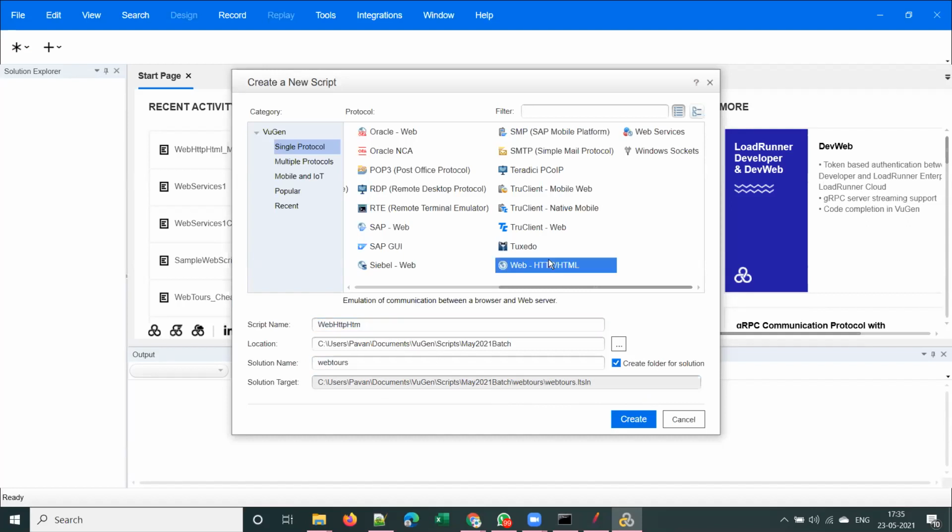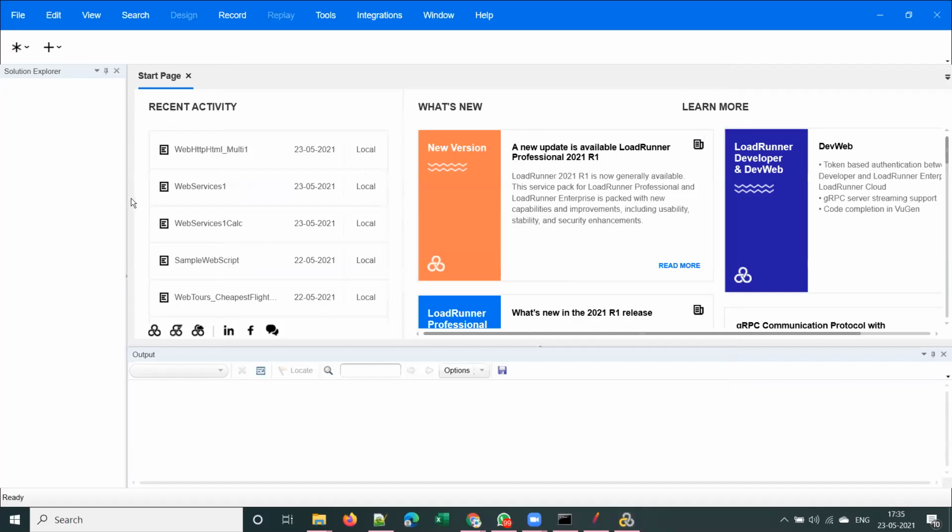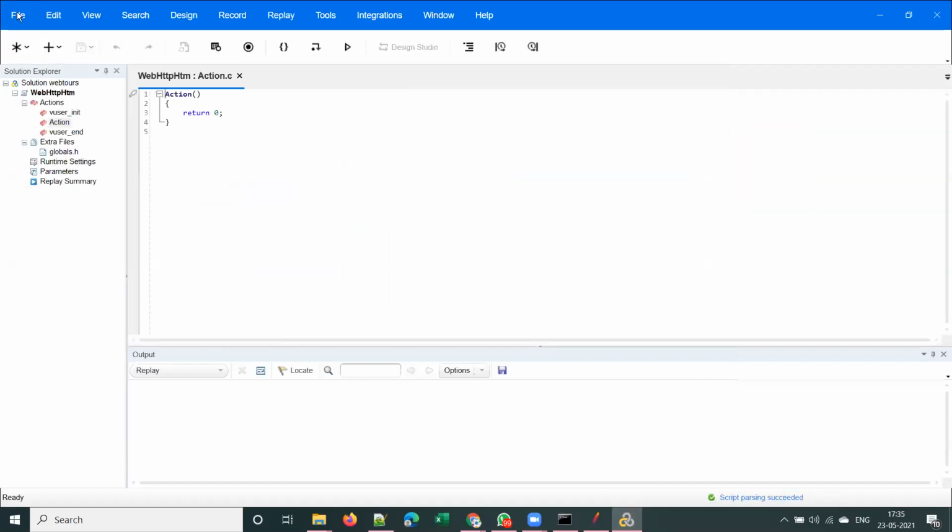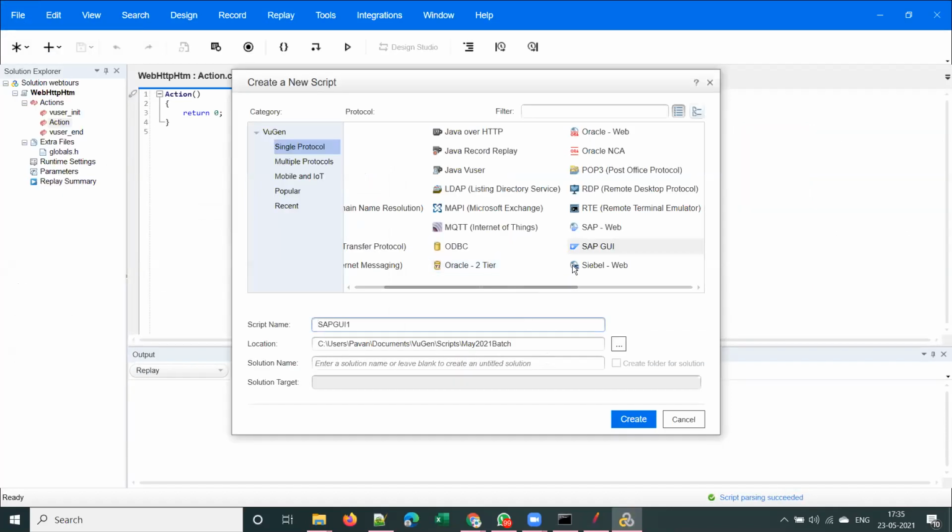Once you select the protocol, by default you will get some name here. Some default name will be given for the script. Observe here, suppose I select Siebel Web. Here you can see it has given a default name as Siebel Web 1.